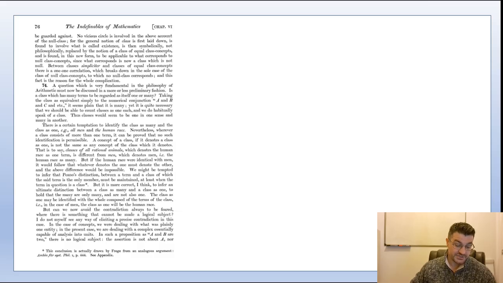Thus, it would seem that assertions are not necessarily about single subjects, but maybe about many subjects, and this removes the contradiction which arose in the case of concepts from the impossibility of making assertions about them unless they were turned into subjects. This impossibility being here absent, the contradiction which was to be feared does not arise.